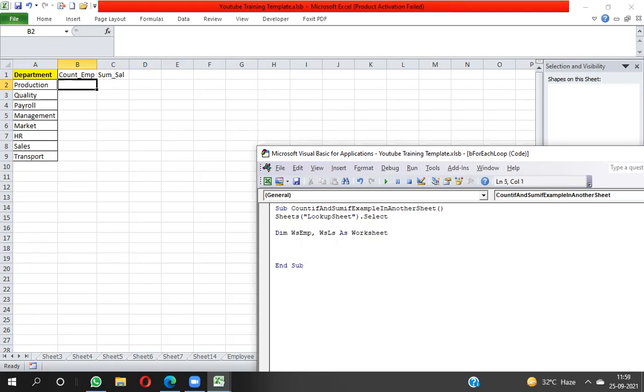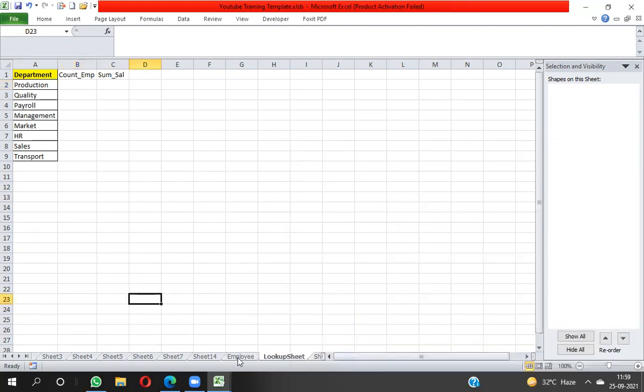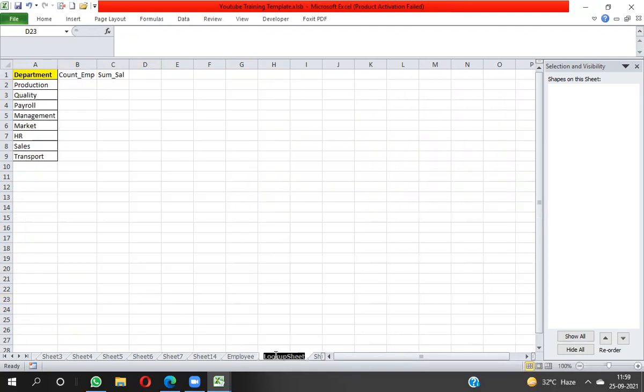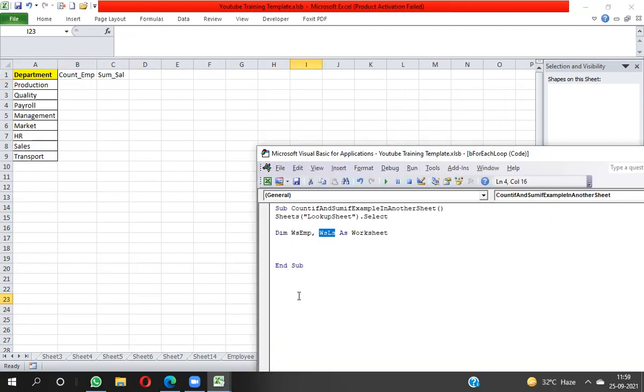Worksheet is the name of the object. So I have declared two object variables, ws_emp and ws_ls. In ws_emp I will store the employee sheet, and the lookup sheet I will store in ws_ls.